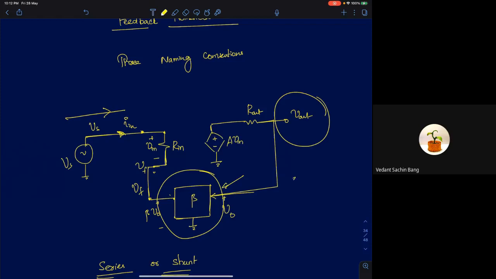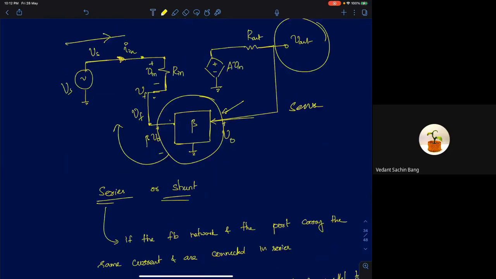The word that I'm going to use is sense. It is sensed or sampled and then fed back or returned to the input. This is called sense and return. You are sensing the output and returning it back to the input.